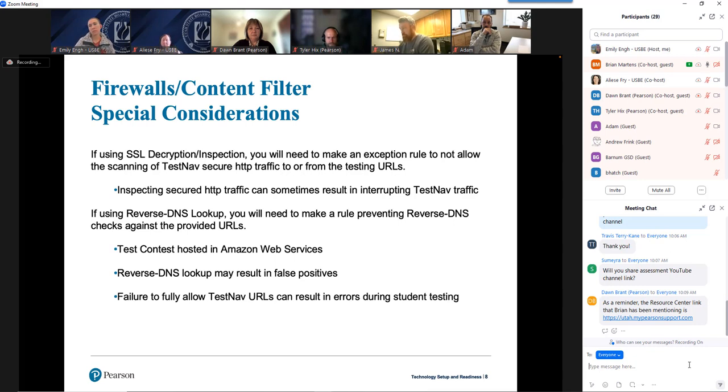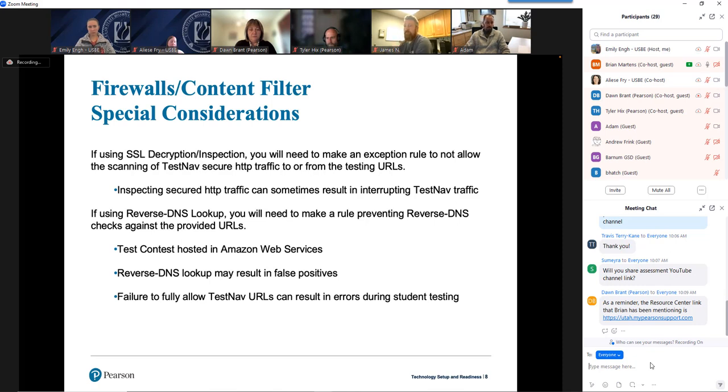When we have high load and then roll back down, those IPs are released. Somebody else may pick them up. But reverse DNS lookup can sometimes result in false positives. So it looks up an IP and sees if there's any sort of report of that IP being associated with malware or something like that. Because of the dynamic nature of Amazon Web Services and IP addresses, there's a potential to get what I would call a false positive, where it says, hey, this is a bad IP.